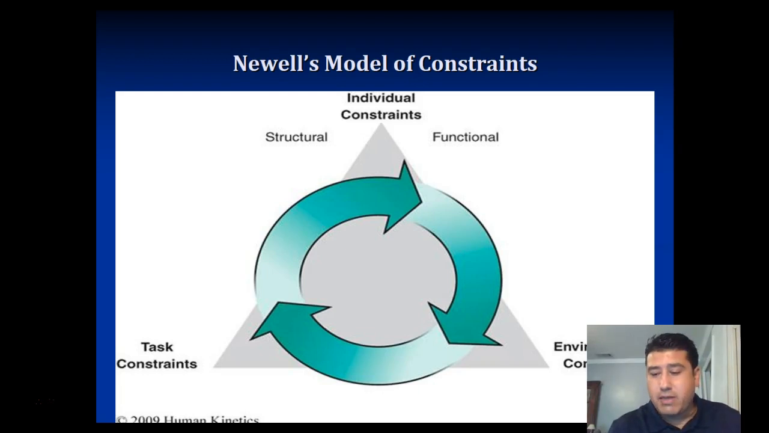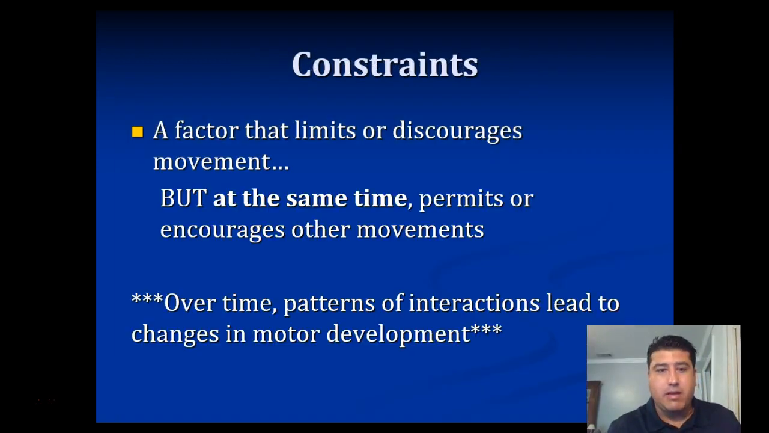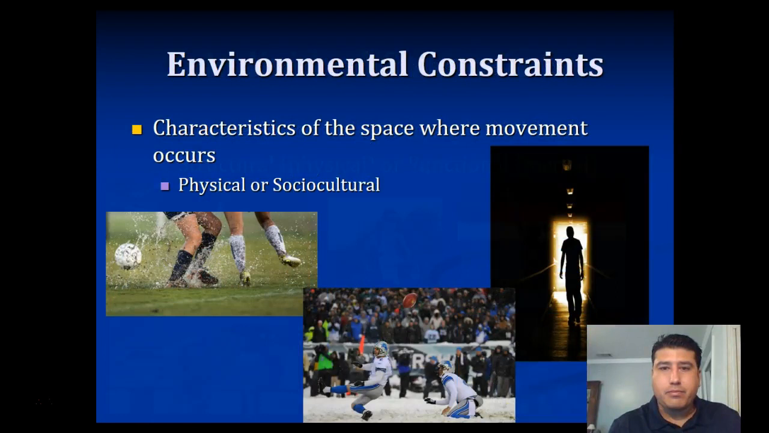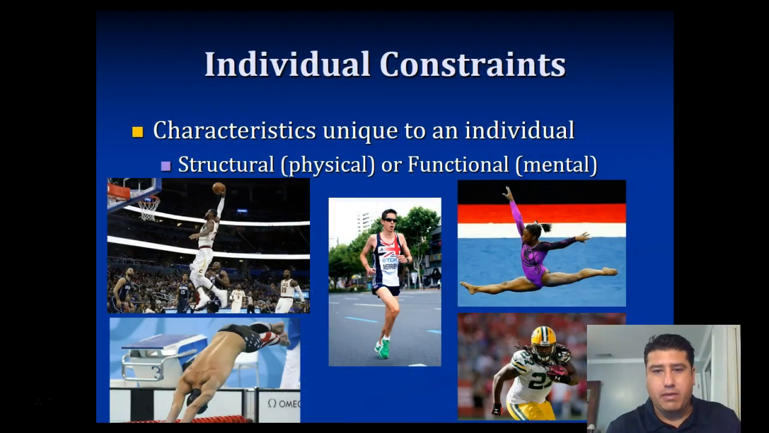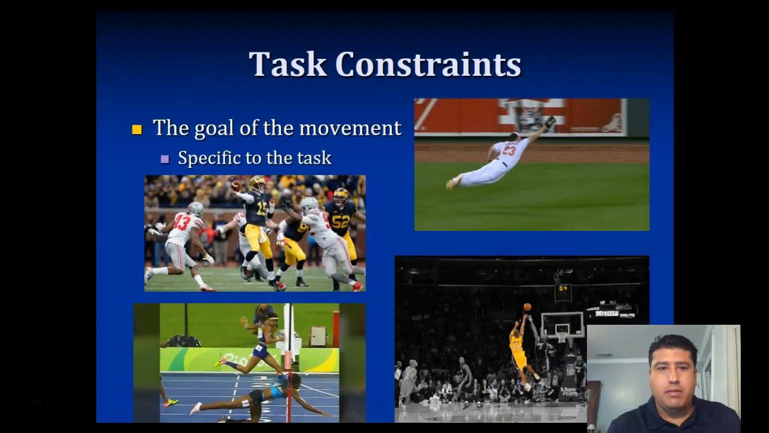The task constraints, so you can see the individual constraints. The task constraints are the goal of the actual movement. Okay, so you can see some pictures here of different movements being accomplished. They're normal movements being accomplished abnormally. That's because of the